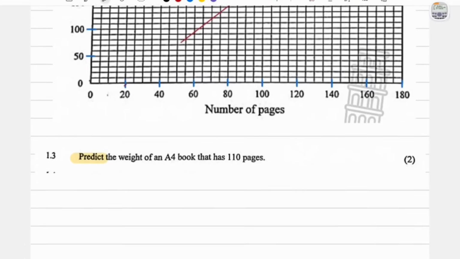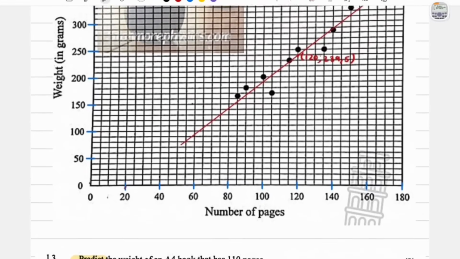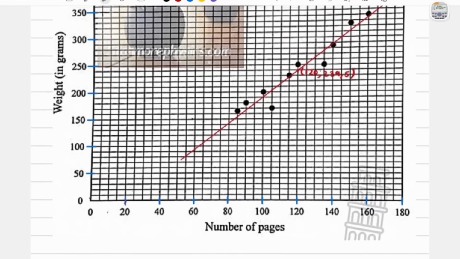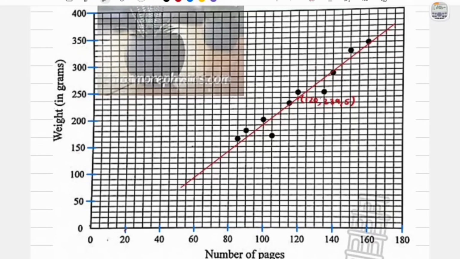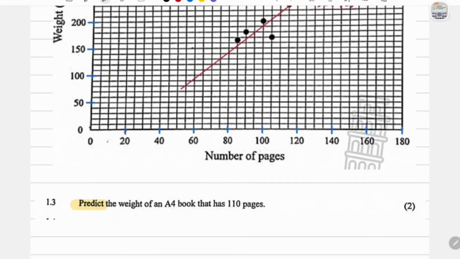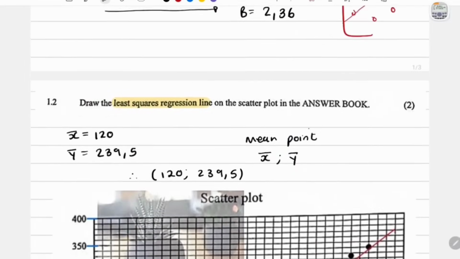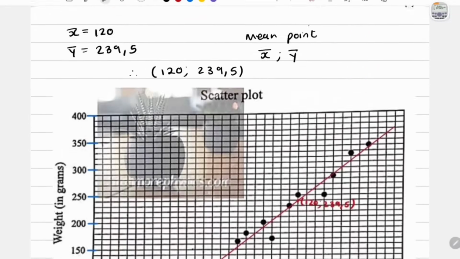The reason why is because this is sort of like a real life experiment going on. Someone is taking books and measuring the amount of pages they have and then weighing it and seeing how that corresponds. Okay, so even the answer we get in the line of best fit and the answer that you get in the equation, they're both still predictions. So I'm going to use the equation of the line of best fit, and all you have to do here is